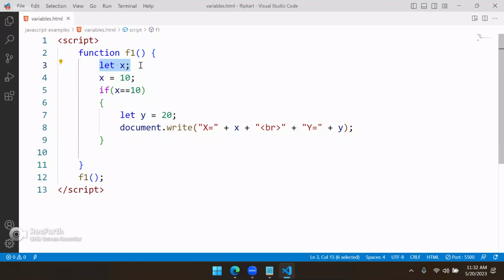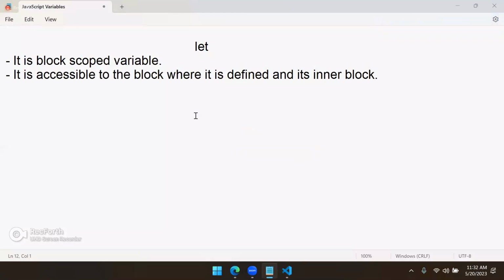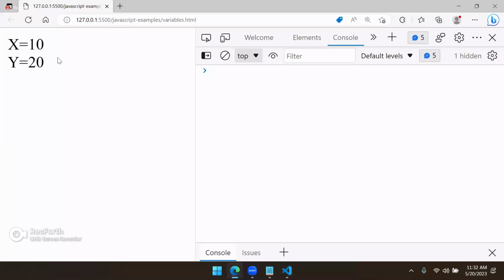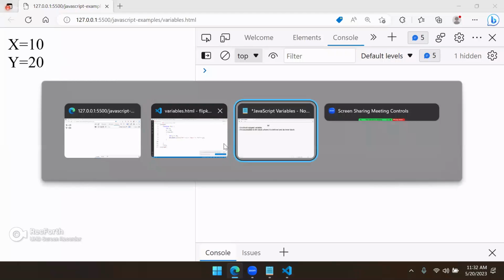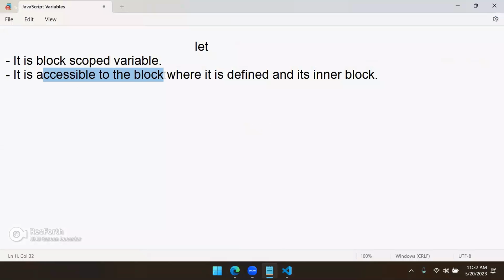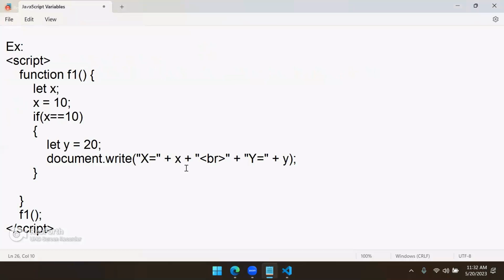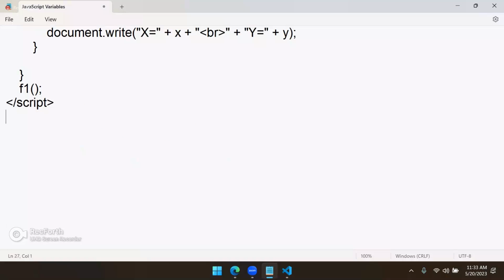Now you cannot call it function scope. It is block scope only. Block scope can be accessible inside the inner blocks, right? So this is the concept. When I save this now, you can see it is working fine. There is no problem. So it is accessible to the block where it is defined and its inner blocks, right? This is an example. If you try to access it outside, it is not accessible. That is one point. Next one,